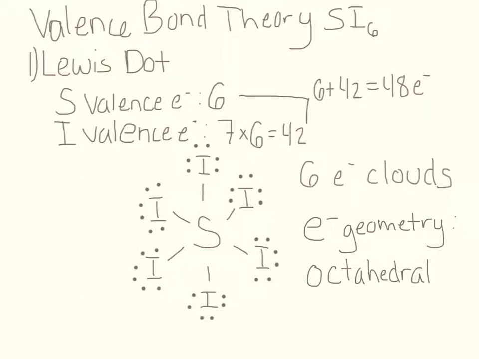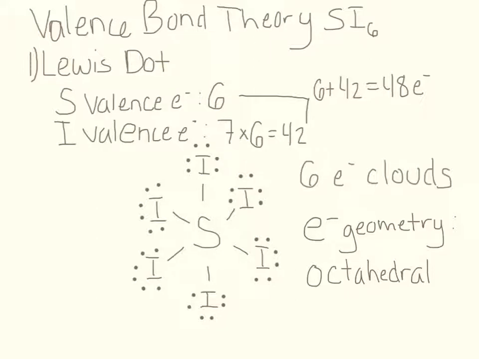My name is Gabby Lamb, and today I will be talking about the valence bond theory for sulfur hexaiodide. I will be talking about the Lewis dot structure, the VSEPR, the box diagram, and contour diagram for this molecule. I'm first going to discuss the Lewis dot structure, and this is going to help us determine the VSEPR for